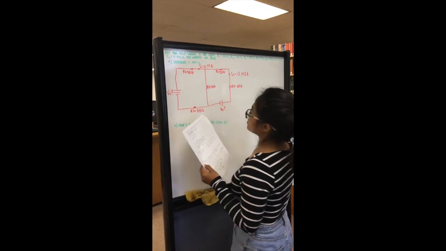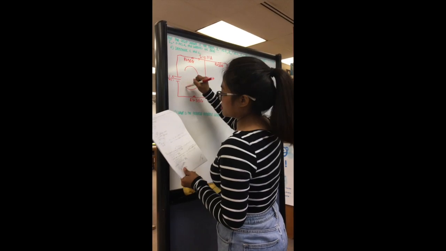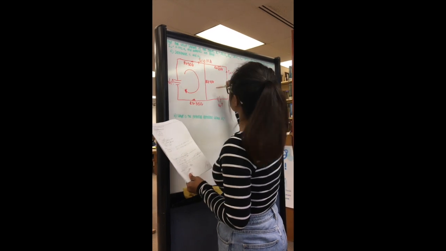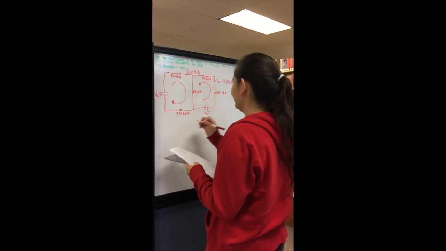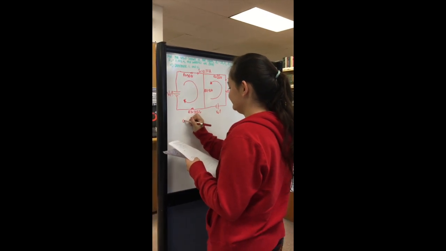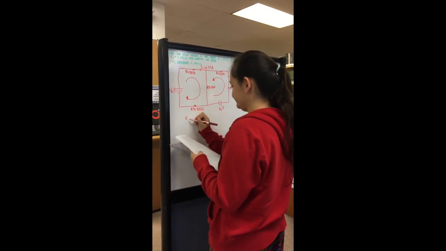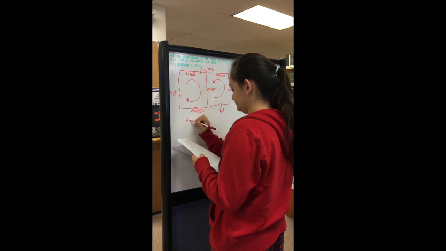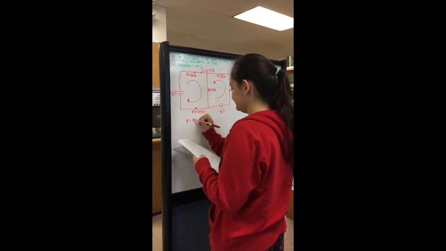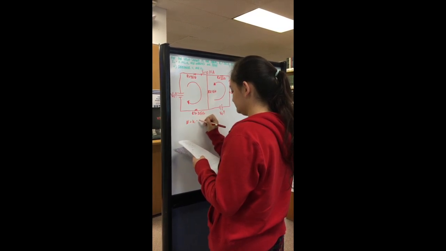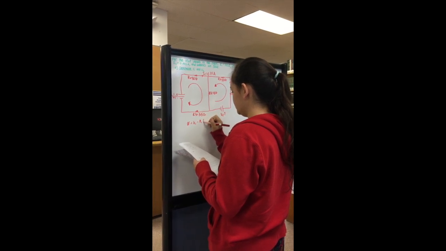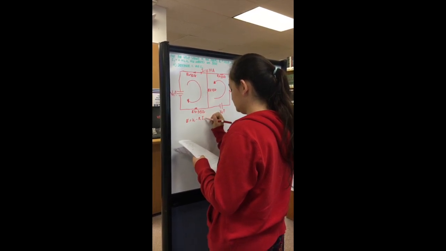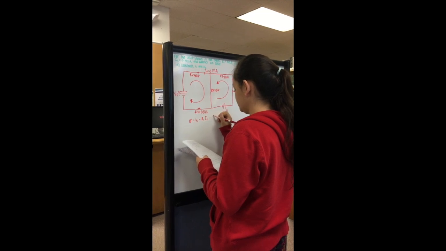Looking at the problem, it is best to use the loop rule. Since there are two batteries, solving this problem requires that we look at each battery separately. We will start by creating an equation for the left side of the circuit. We will follow the direction of the current indicated by the direction of the loop, which is clockwise, and start working the problem there. We will set the equation equal to 0,